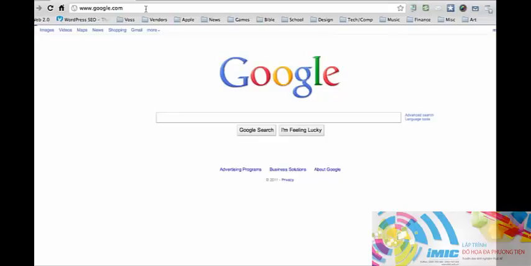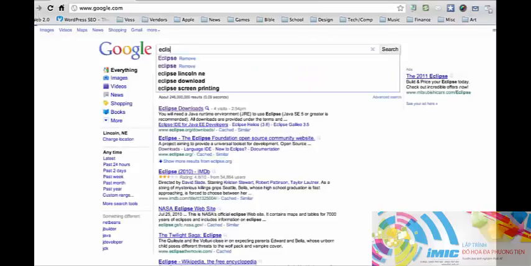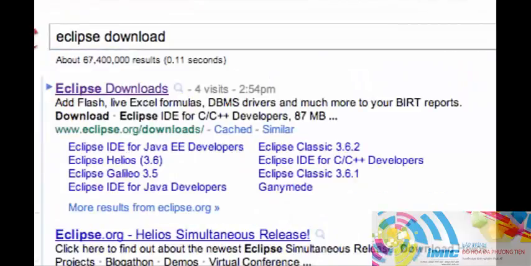What's up, guys? Welcome to your second Android tutorial. What we're going to do in this tutorial is again some boring stuff like installing software, and the software we're going to install is Eclipse. So go into Google and type in Eclipse download, and it should be the first link from